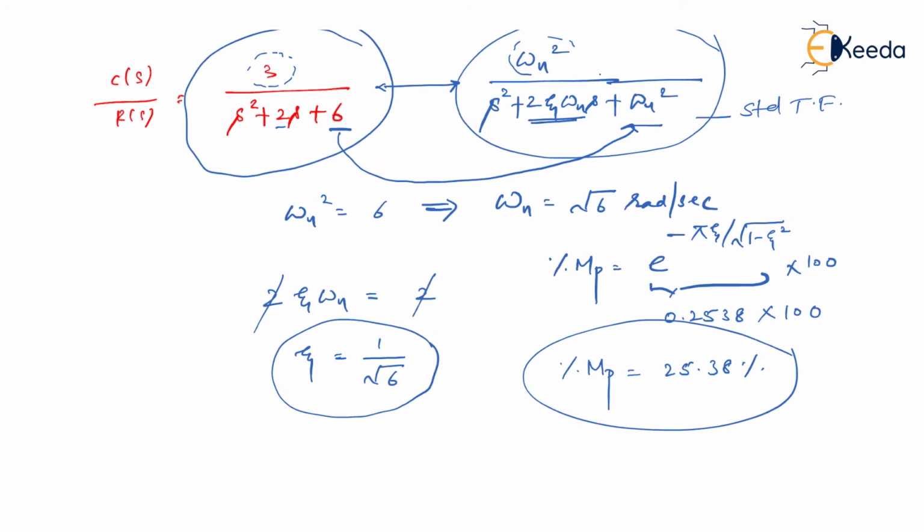I'm sure now you have understood all these problems and you are quite comfortable with first order as well as second order systems. Of course, by the end of this session, I mean the whole subject, we will be having extra problems which are based on GATE, or extra problems on every chapter I'm going to take at the end. Before that, I have given you some glimpse, or I have taken the problems which come in GATE. Only simple problems I'm avoiding to solve. Those simple problems, along with the extra problems, as I said and promised, I'll have in an extra session at the end of the complete course. Thank you.